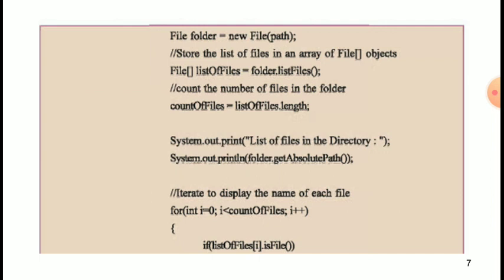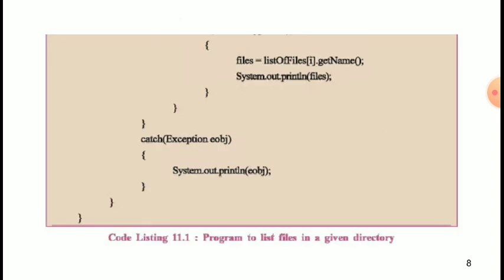System.out.print("List of files in the directory"), System.out.println(folder.getAbsolutePath()), double slash, iterate to display the name of each file, for loop, int i equals to 0, i less than countOfFiles, i plus plus, starting curly brackets, if listOfFiles[i].isFile(), starting curly brackets, files equals to listOfFiles[i].getName(), System.out.println(files), end of the curly bracket if, end of the curly bracket for,